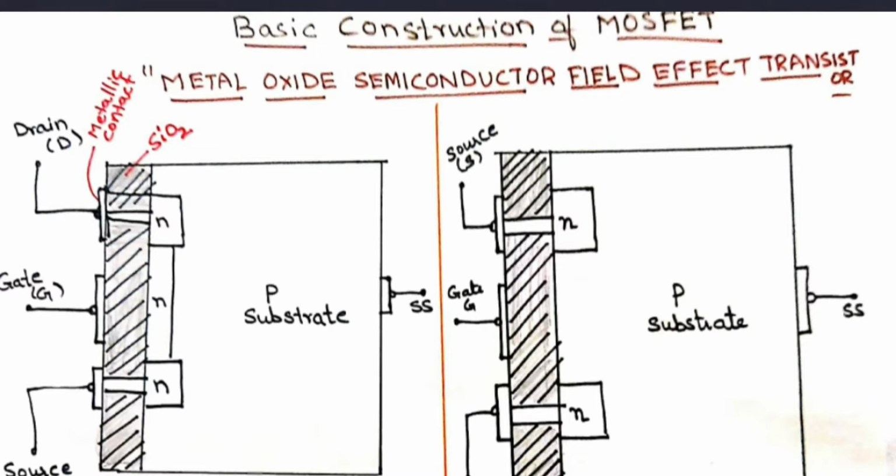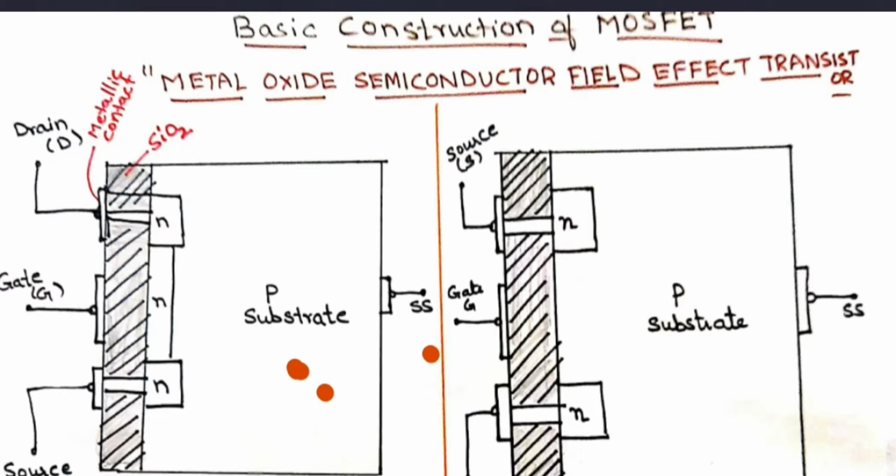Here we have a P substrate. This is a P substrate material. Here we are constructing an N-channel MOSFET, so we are taking a P-type substrate. The substrate is a silicon material, and the substrate is the foundation on which any device is constructed. To the P substrate a contact is connected, that is nothing but the substrate terminal, and